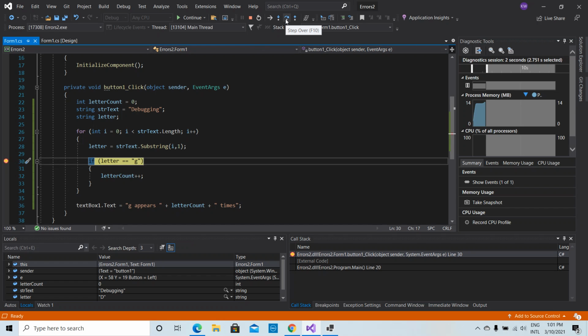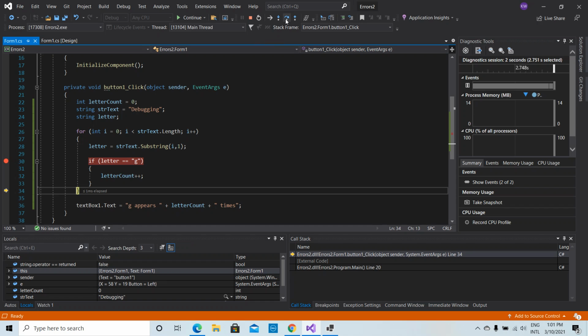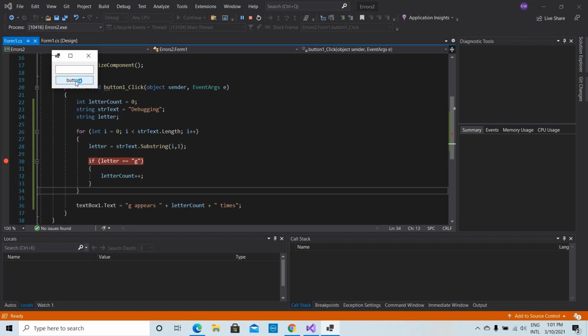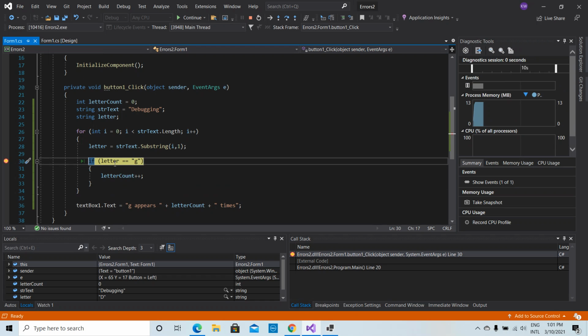Sorry, again I will show you. Now it has stopped here without executing this line of code. Now if you look at the values, i is 0, letter is D. 0, 1, when i is 0, 0, 1, that means D will be taken, letter is D. Okay, now when we click this,